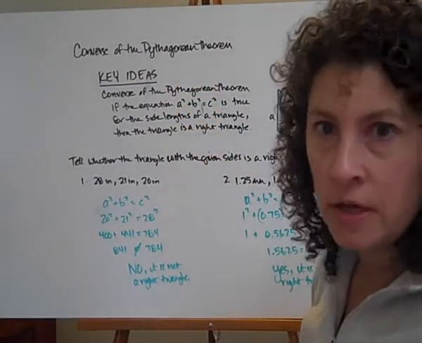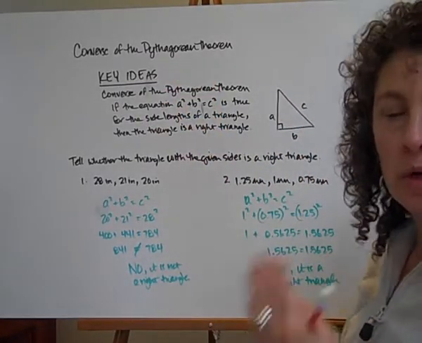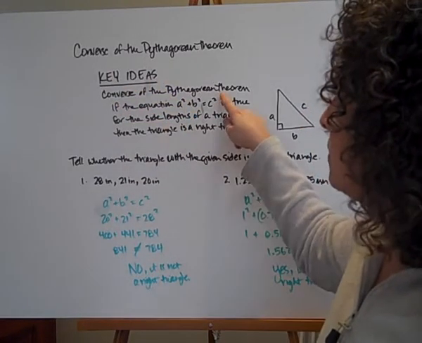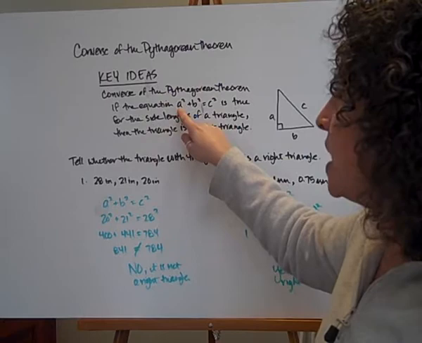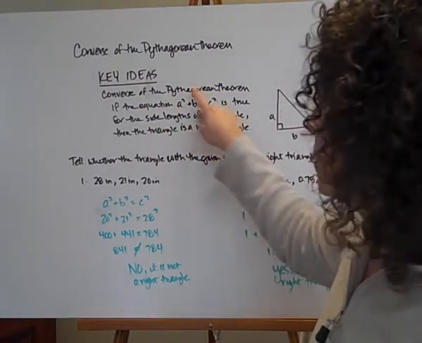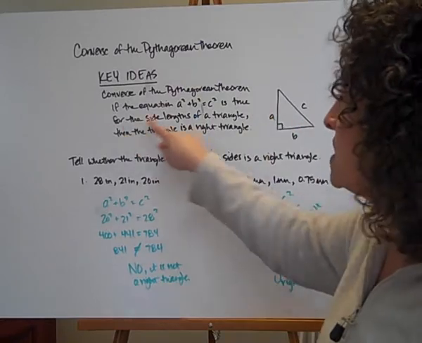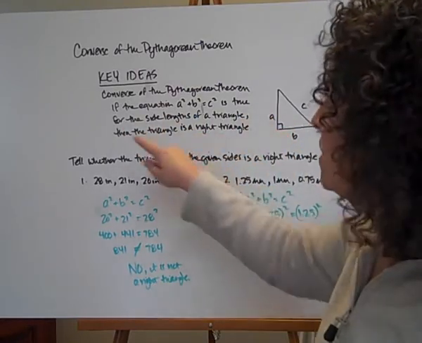Converse of the Pythagorean theorem. So the converse means the opposite. We're going to go backwards from this. So our main idea here, the converse of the Pythagorean theorem: if the equation a squared plus b squared equals c squared, you'll remember that's our Pythagorean theorem, is true for the side lengths of a triangle, then the triangle